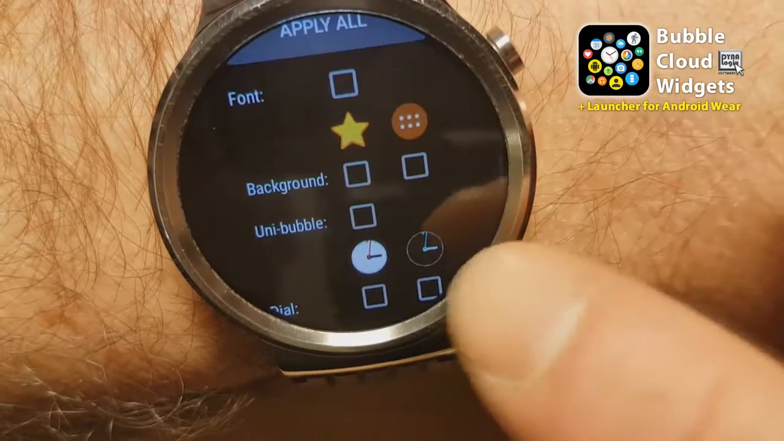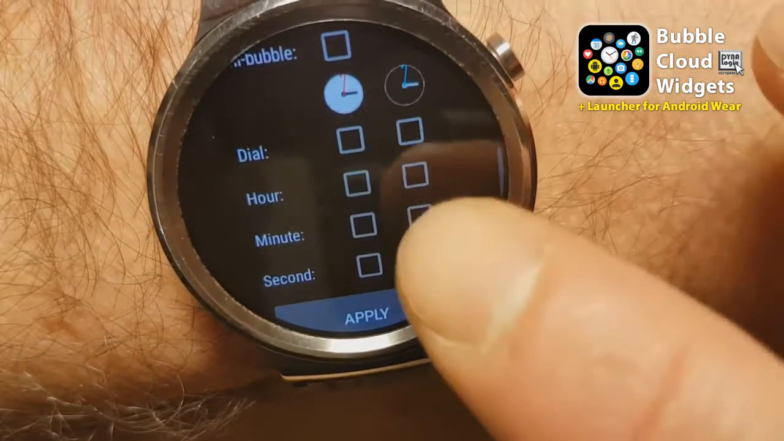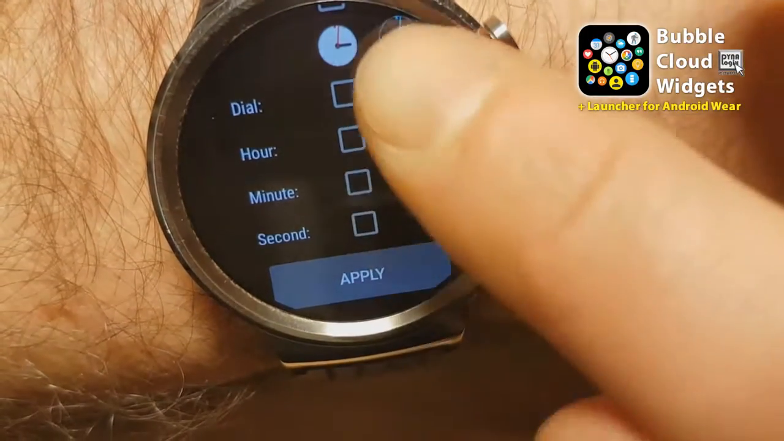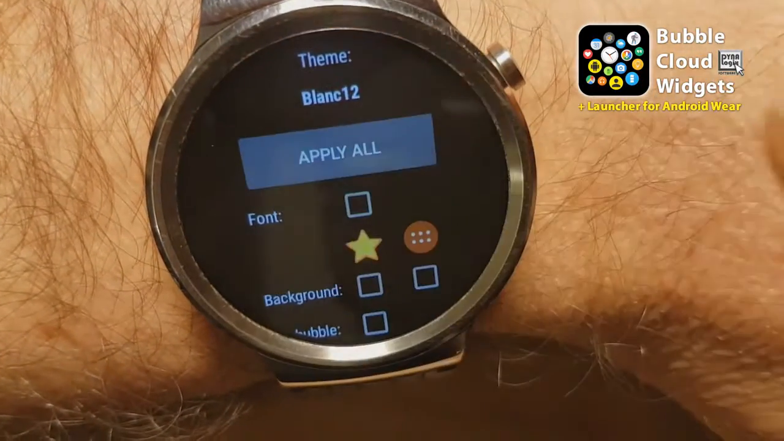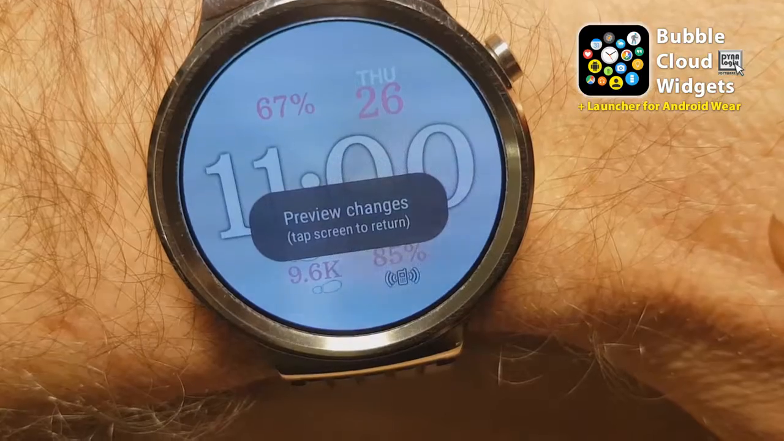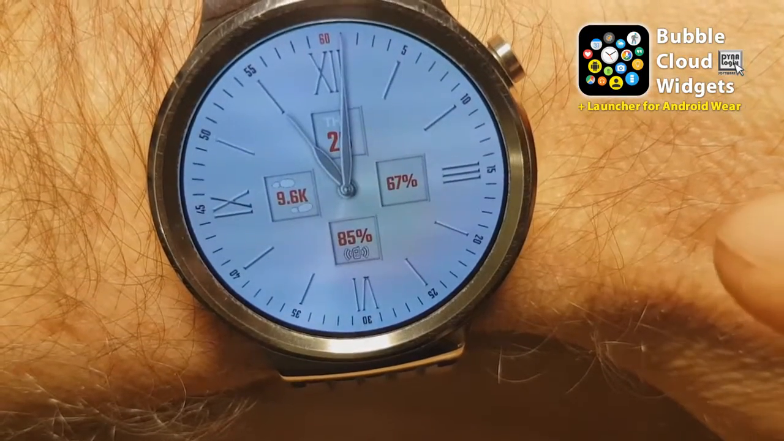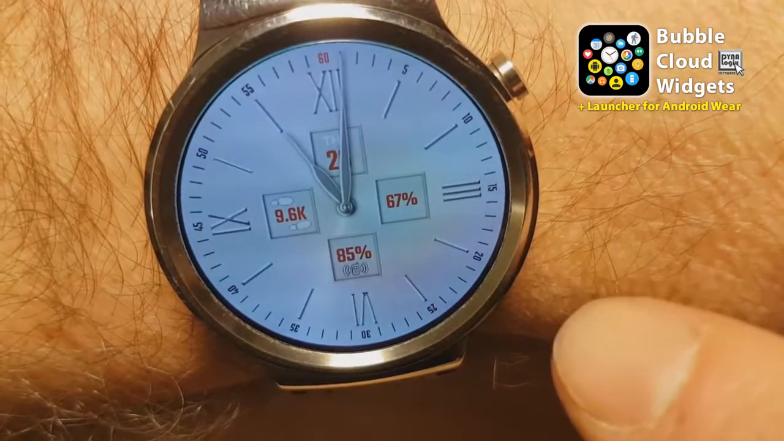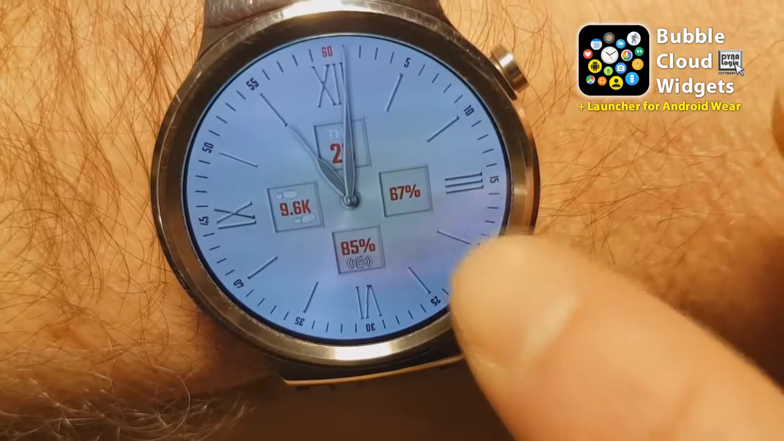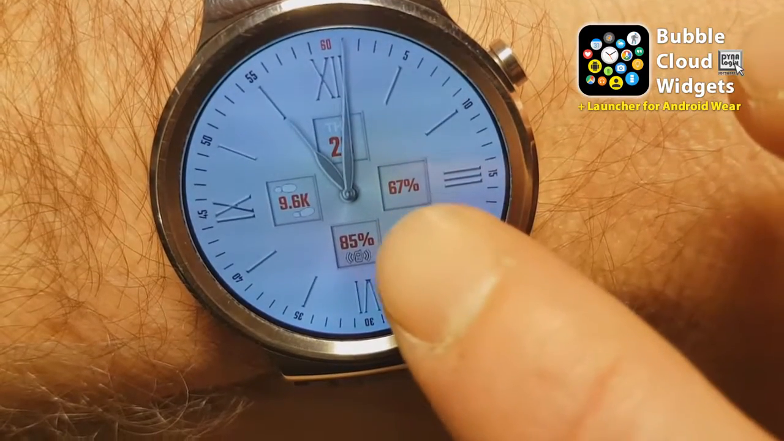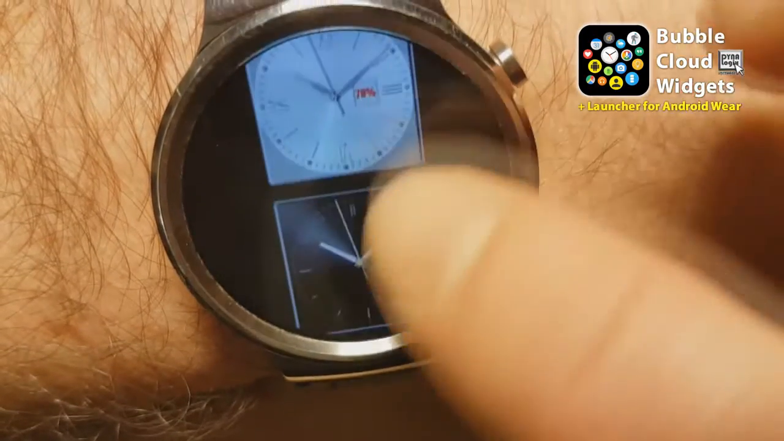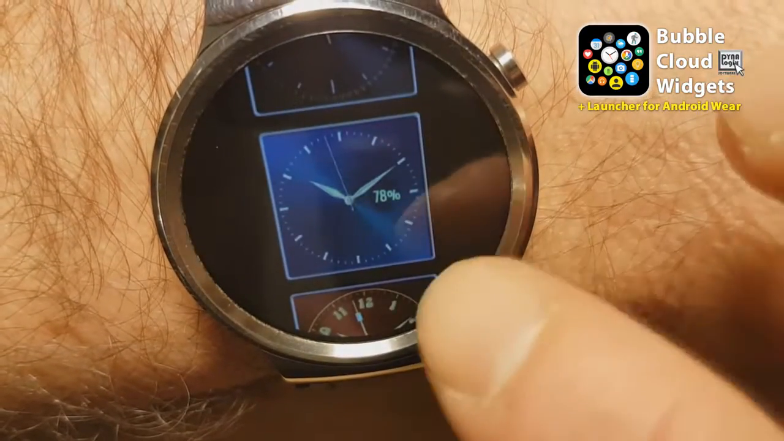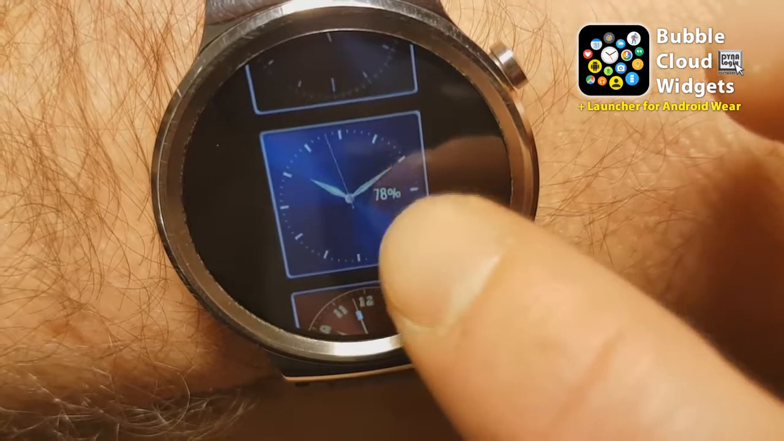Or we can select separately. We can pick and choose, just like on the phone application. So let me go ahead and apply this theme. So now this white theme is applied. You can see it right there. But I'm going to go back and select a different background for this theme. So let me go with